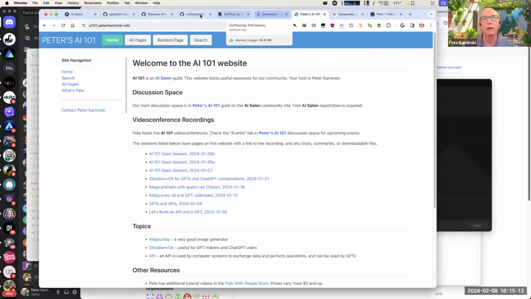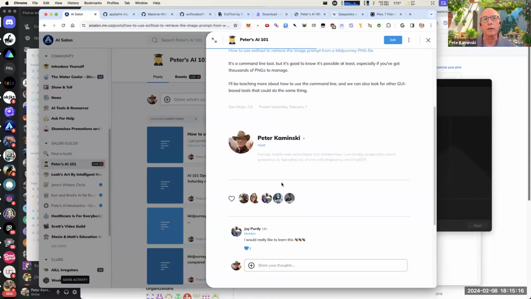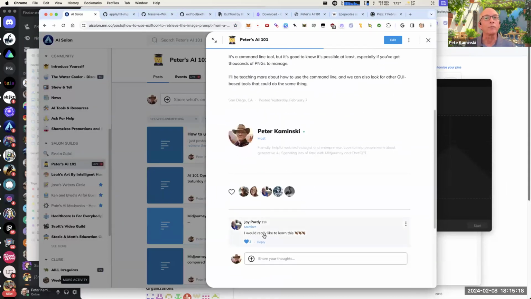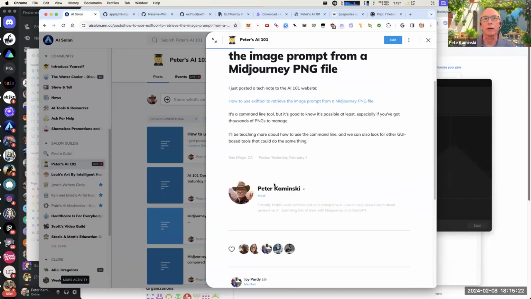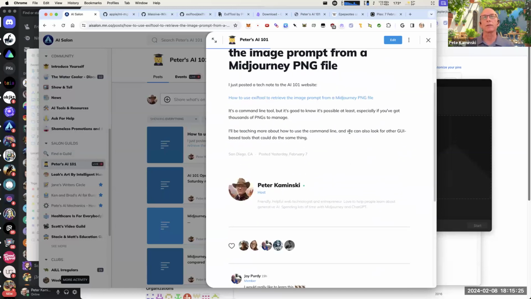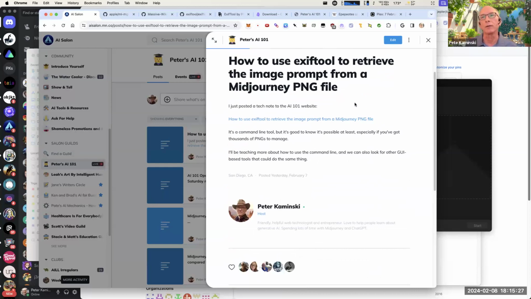So Pete says something intriguing like this, and Joy said, I would really like to learn this. I hope Joy sees this and gets a start, and I would love to talk more about EXIF tool. But anyway,